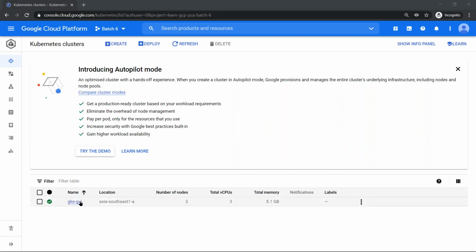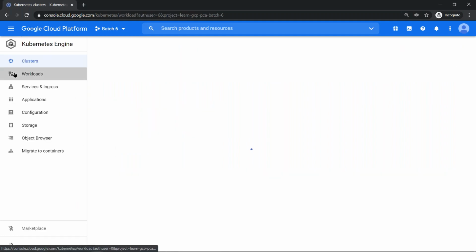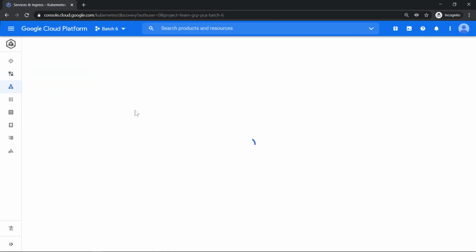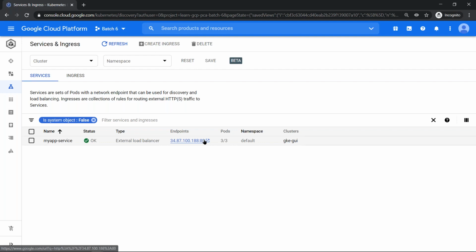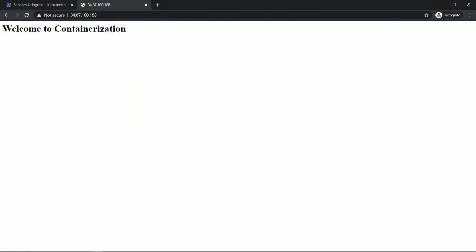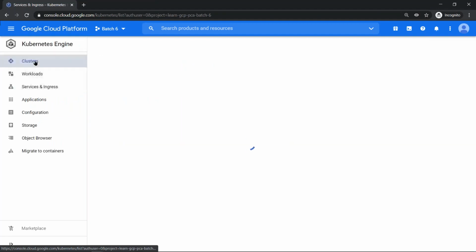So we created a Kubernetes cluster. We deployed a workload, and we also exposed it as a service, and we were able to look into the content. So this is something which we had explored last week, and we had stopped at this stage in